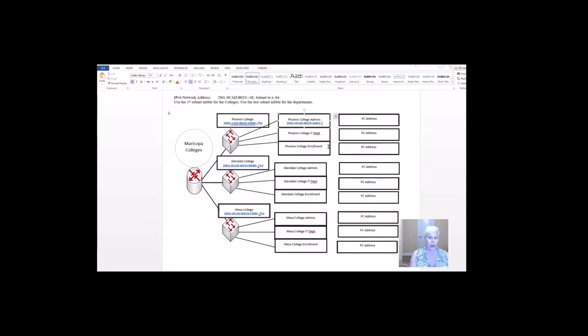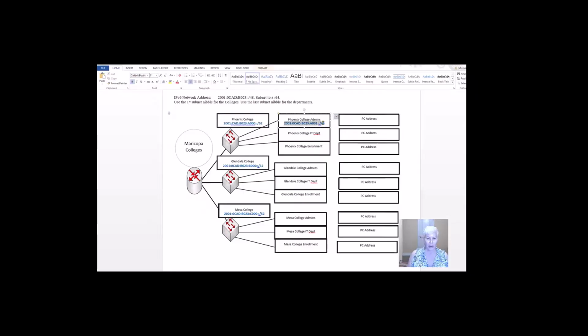A001::/64. So now I have used all 4 hex values. So I have now got myself up to the 64. 16 plus 16 is 32, plus another 16 is 48, plus another 16 bits, that is 64.